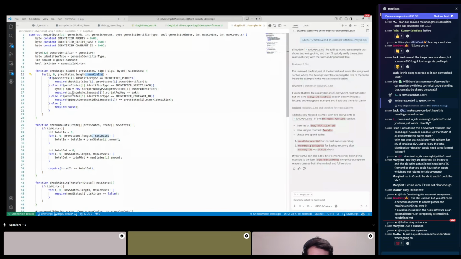But since the script language of Kaspa is not Turing complete, it has no native loops. So what we are basically doing is taking the maximum amount of iterations and hardwiring it inside the script. So, loop unrolling.